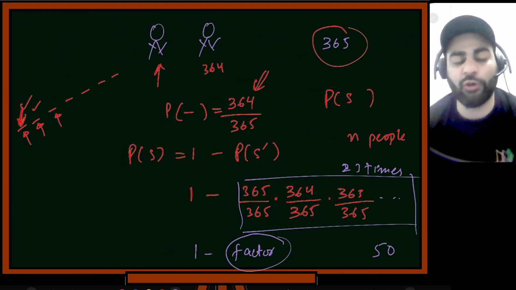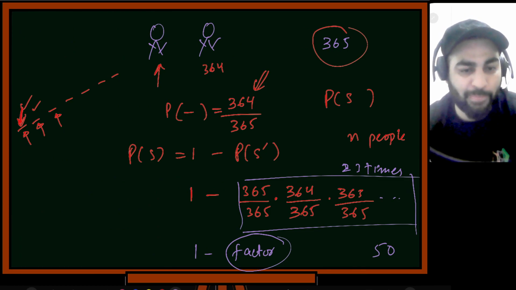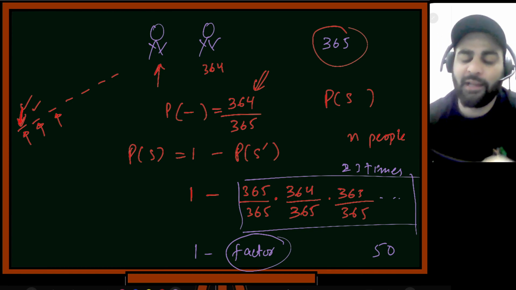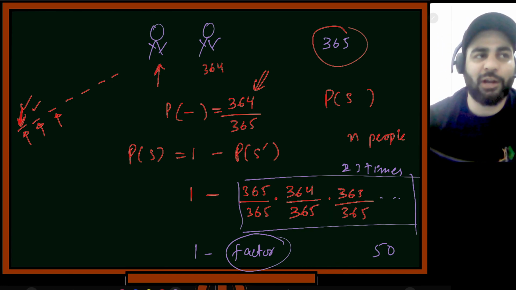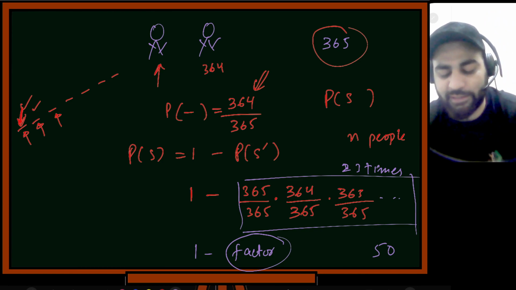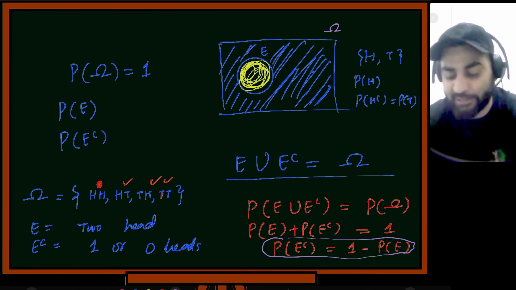How many of you are clear with the birthday paradox now? Did you see how we solve this problem? Yes, sir. So how did we solve the problem? We said, if there is some event which is hard to calculate, let's think about the complement of the event. Is it easy to compute the complement? That's what we did. And first we tried to prove the complement property,